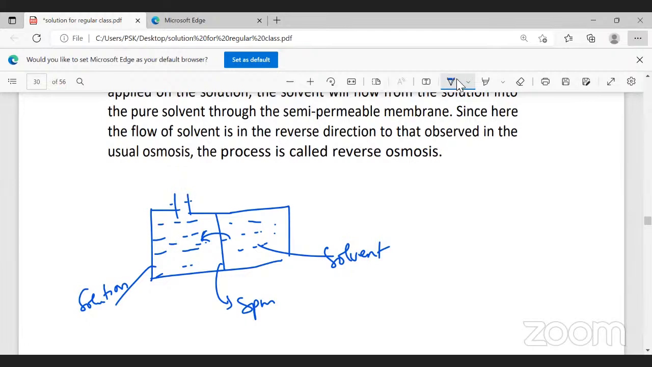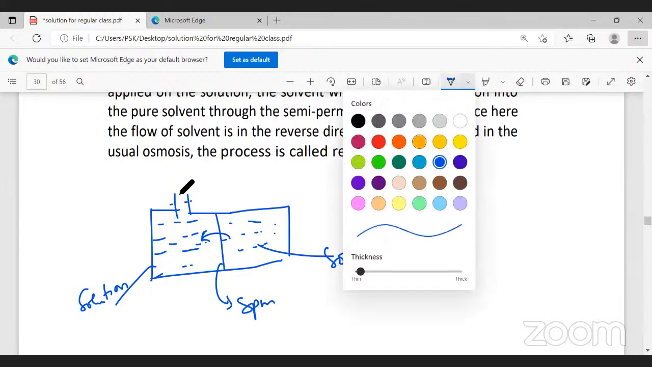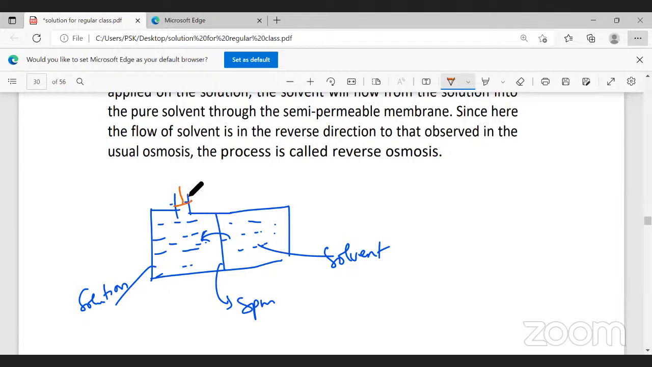Now what we will do is, we will keep a piston here fixed. This is a piston which is fixed. It is not movable. So when this piston is fixed, what happens? The solvent particles will not enter what? The solution. So that means you are applying external pressure in order to prevent the movement of solvent particles from the region of lower concentration to the region of higher concentration. This external pressure applied